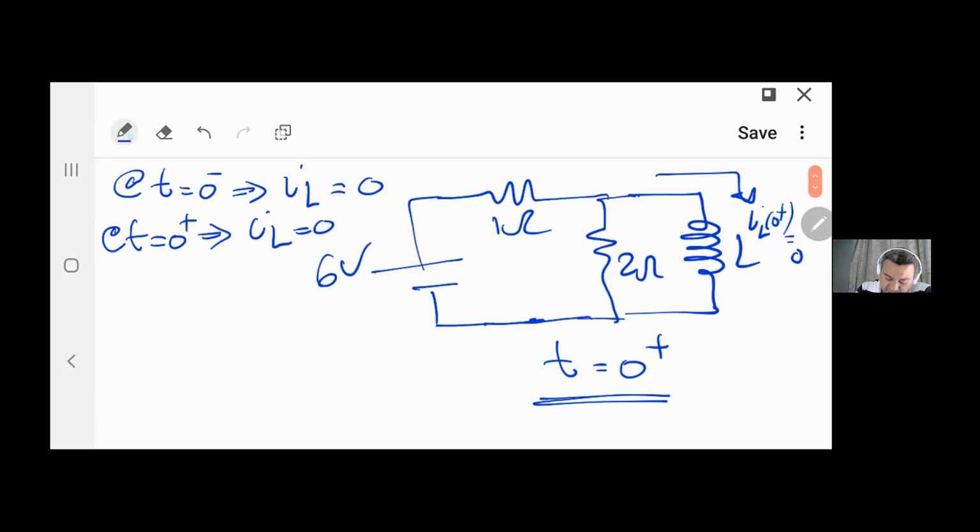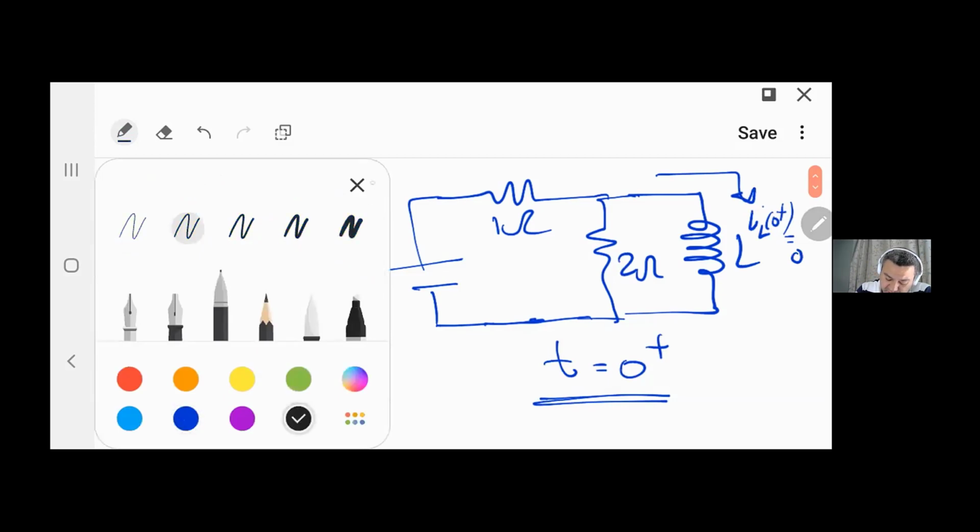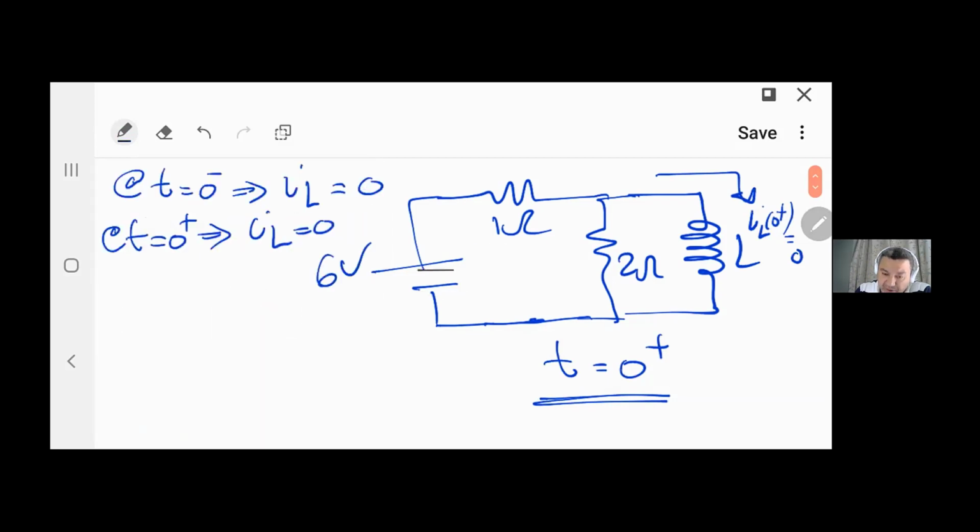So I have now this current generated by the 6 volt only going this way through the 1 ohm and 2 ohm and coming back. This is only at 0 plus. Eventually,